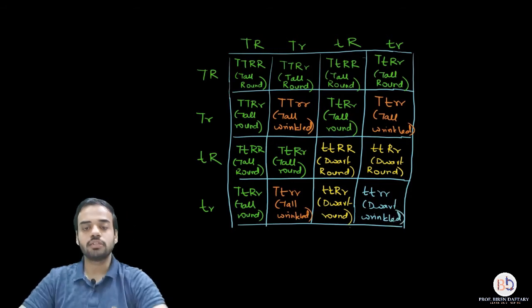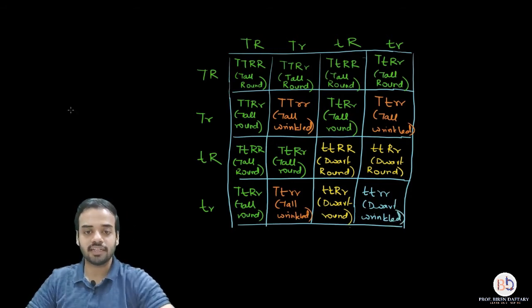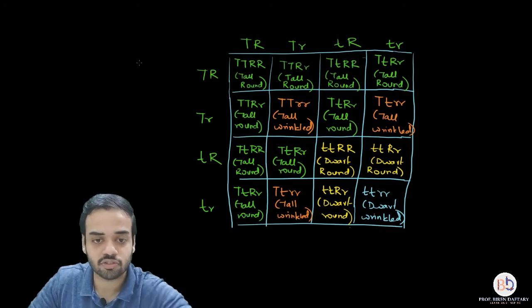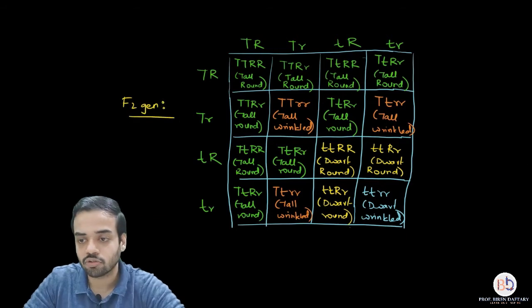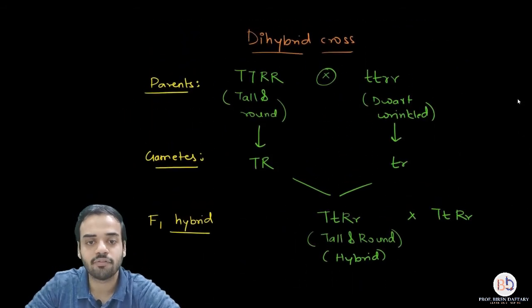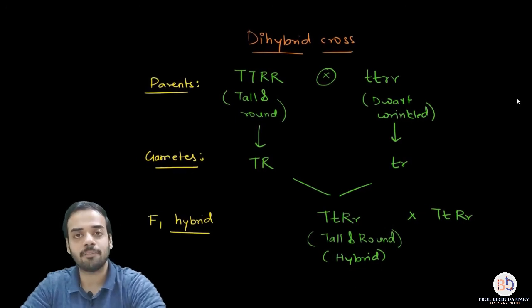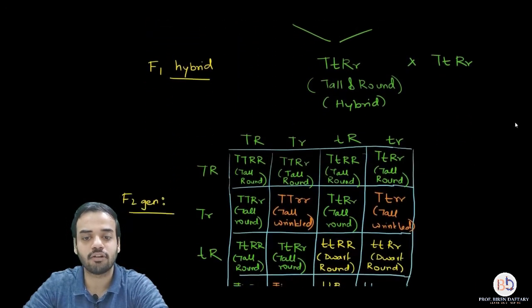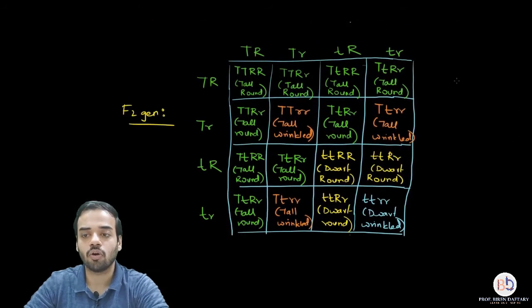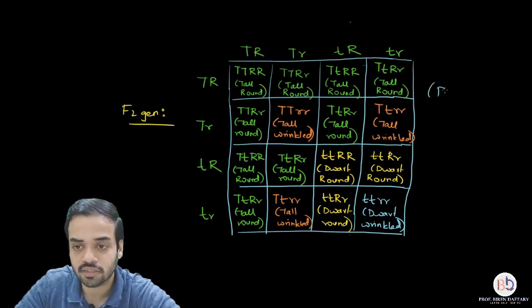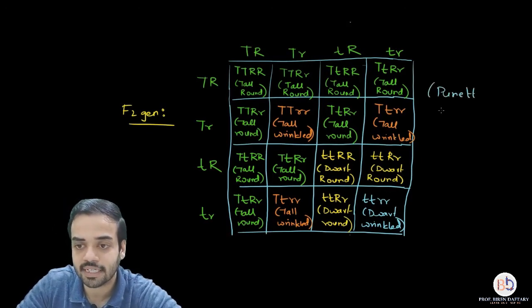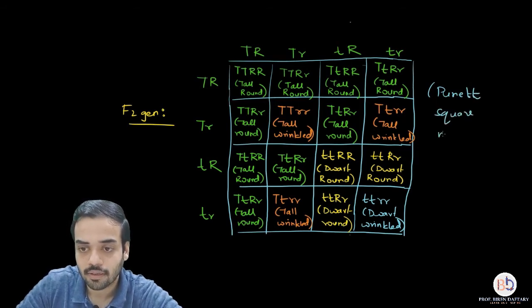Now this is what we have got, 16 offsprings, and this is also called the F2 generation. So let me label it down over here. This is the F2 generation. So this is our cross up till now, right? We have first taken the pure parents, we have taken the gametes, we got the F1 hybrid which was tall and round. We selfed it using the Punnett board or the checkerboard method, the Punnett square method. Please remember, I will write it down if you want over here. This is called the Punnett square method, or it is also called the checkerboard method.